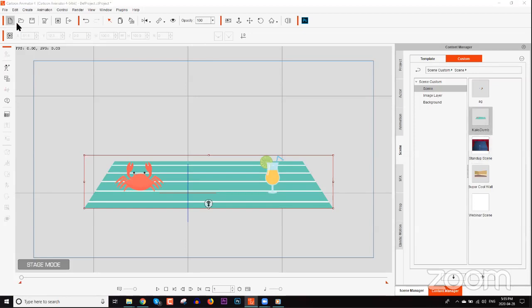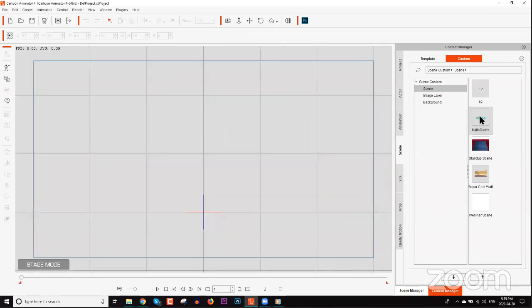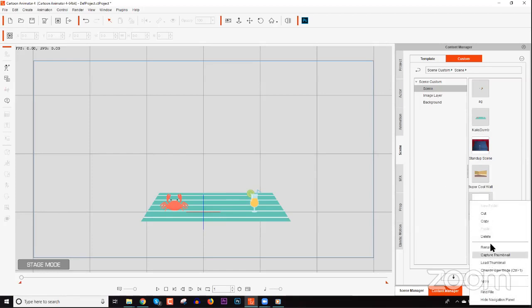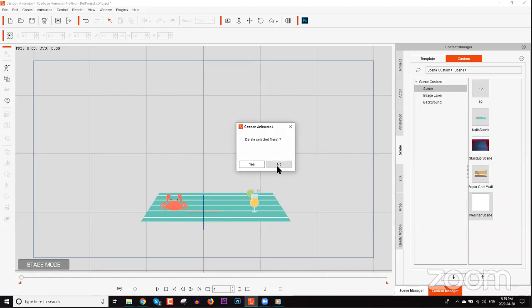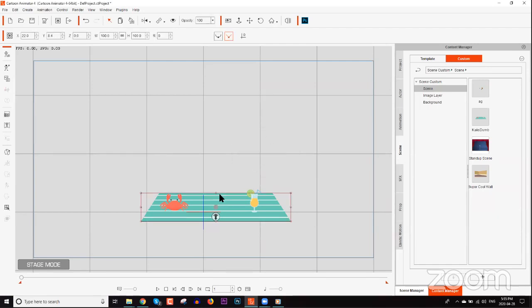And then you can just start a new project, and look, there's our new scene. So of course, make sure that you convert it to a scene before you try to save it as a scene. Otherwise the project's going to be totally blank. We can just delete this one here. Oops. Yeah, we wanted to delete that, right? Yes. All right. And if I went back to my temp project,